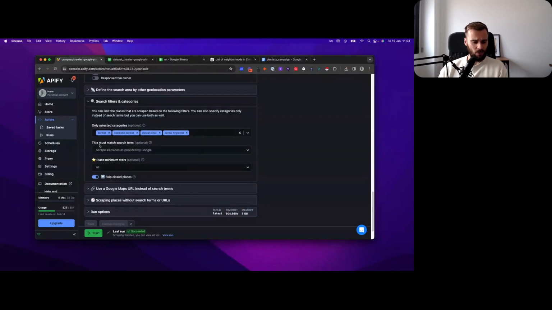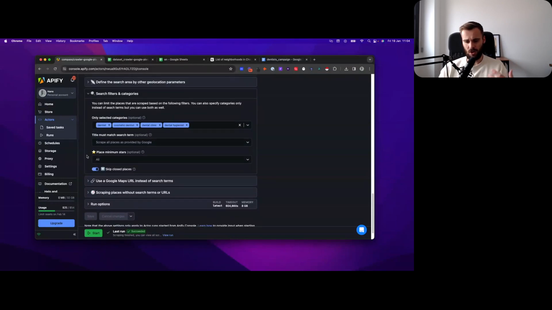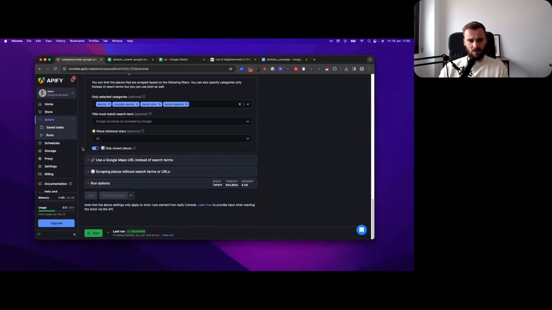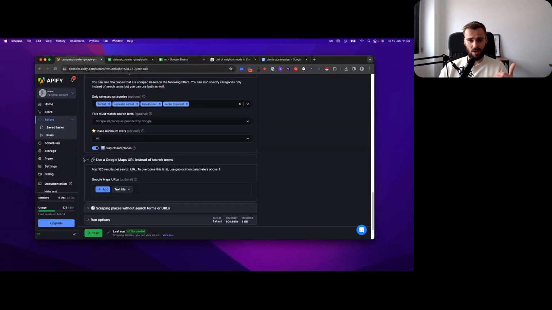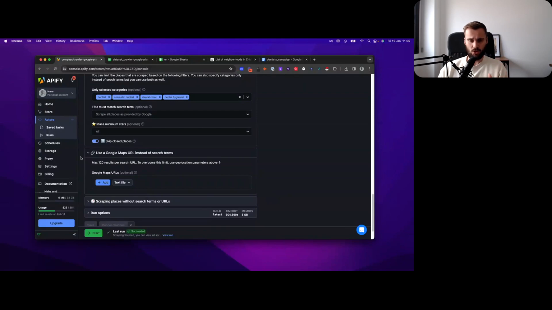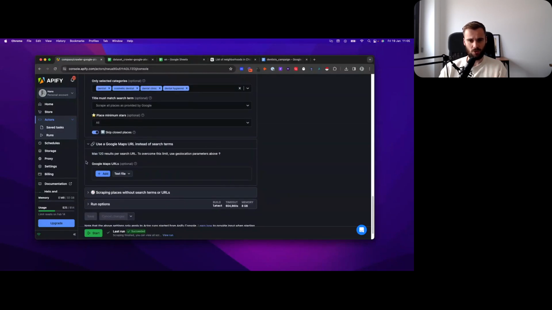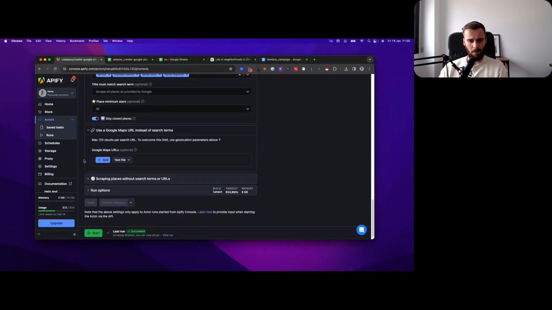And you have other search terms you can add. You could say, I only want to target a certain type, because I'm going to be running ads for these folks. I only want to work with companies that have at least 4 stars, because otherwise, it's just not going to work. You can do that, obviously, and you want to skip closed places. Or you can just construct your search in Google Maps, set it up exactly the way you want it, and you can drop it in here, and you can even add 120. So we'll just cycle through those. So that's how you set up the Google Maps